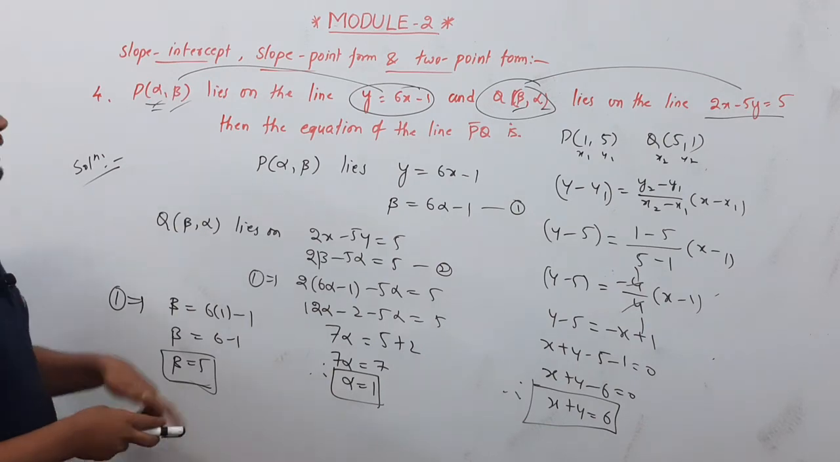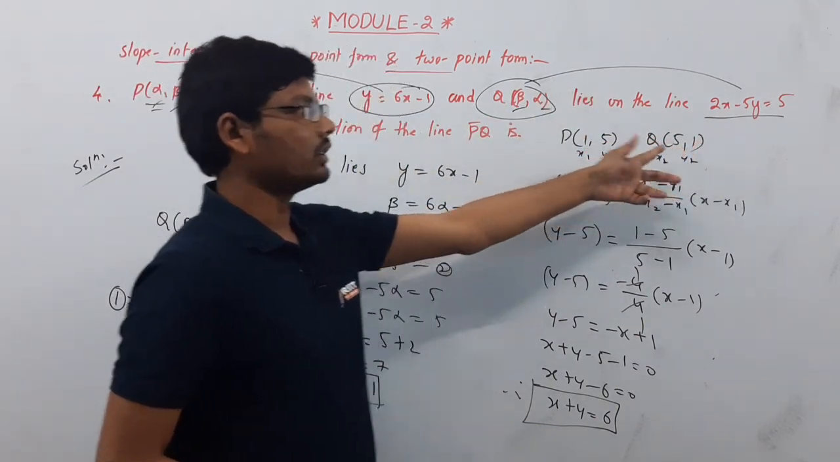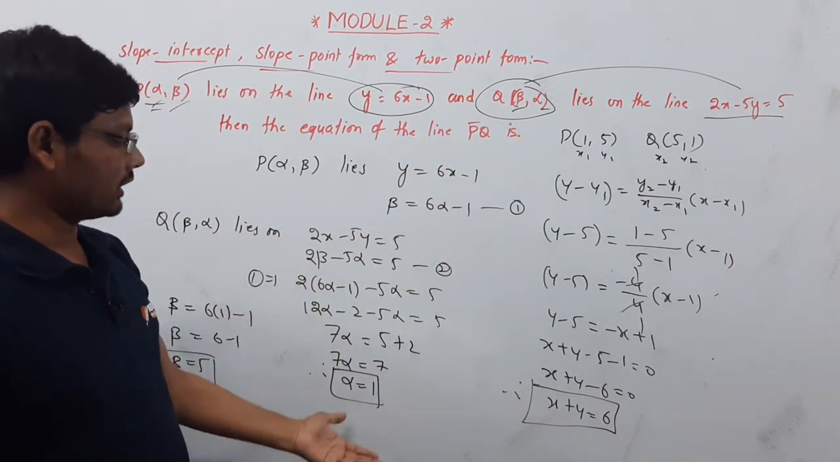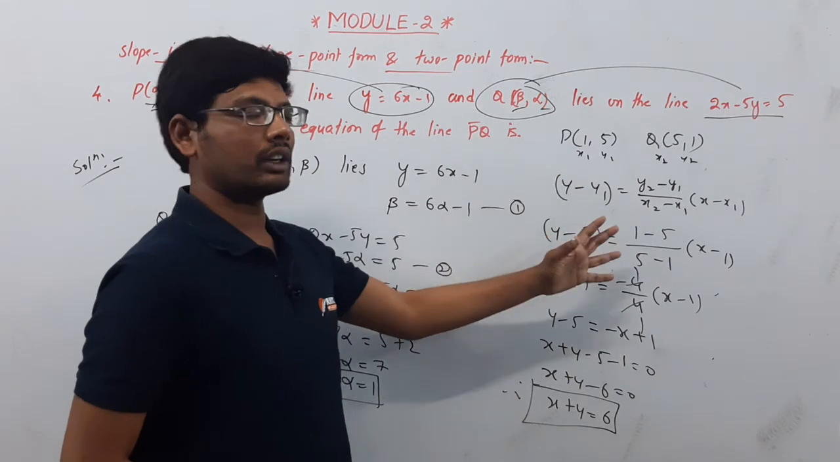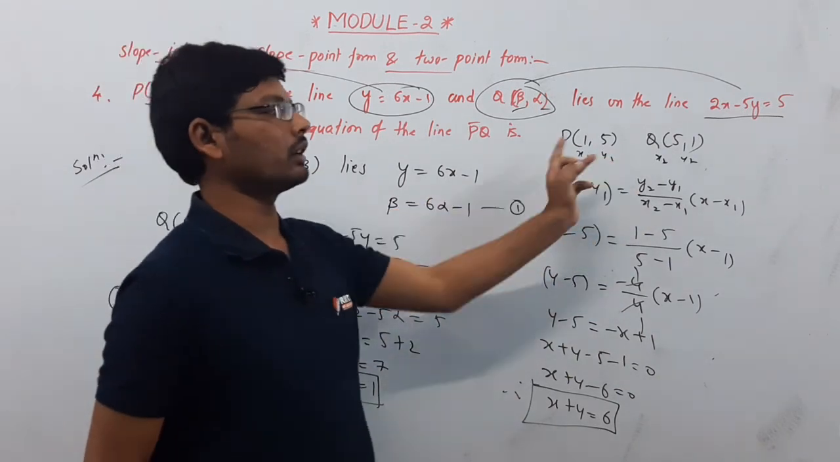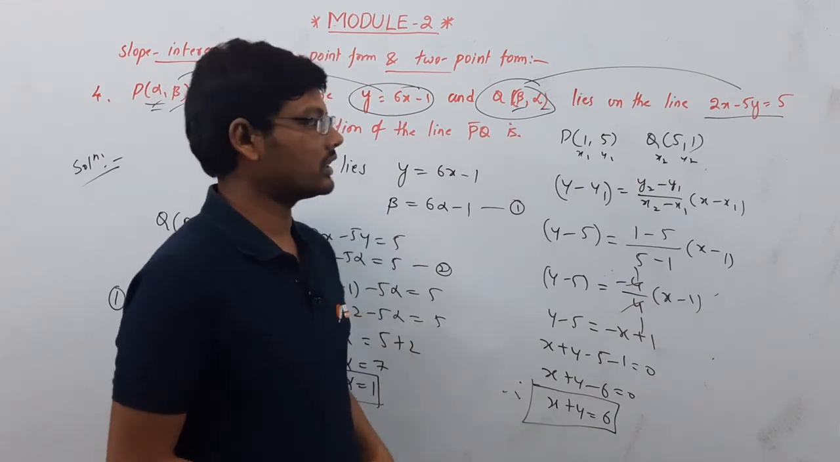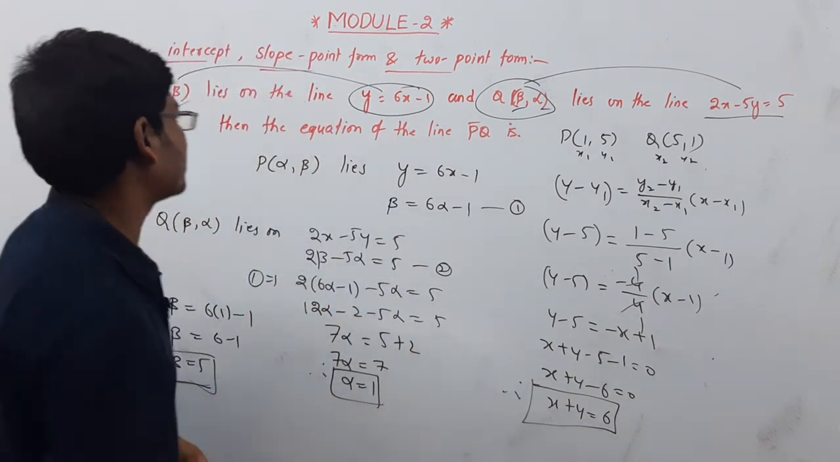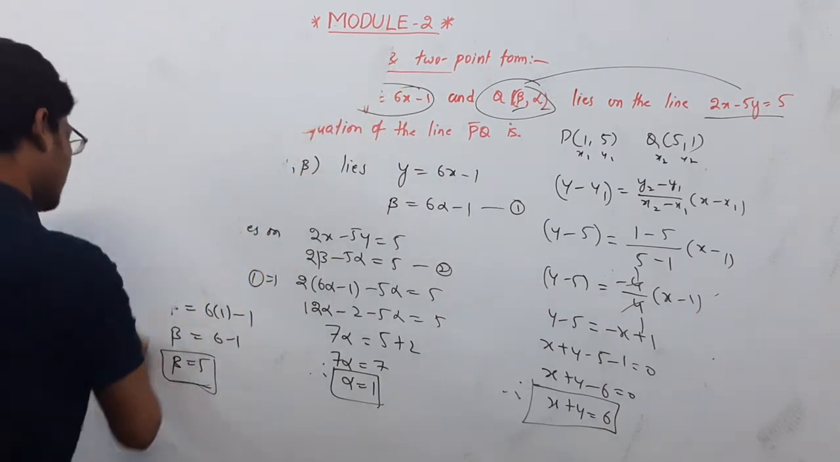If P of alpha comma beta lies on one line and Q of beta comma alpha lies on the other line, from solving these two lines we get the alpha comma beta values. If we get alpha comma beta, we can find the points P and Q. After getting the two points, we can find the equation of the straight line. This is all about this solution. And the next question in this module and the next topic is